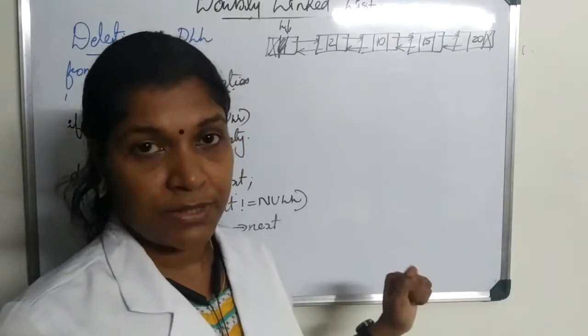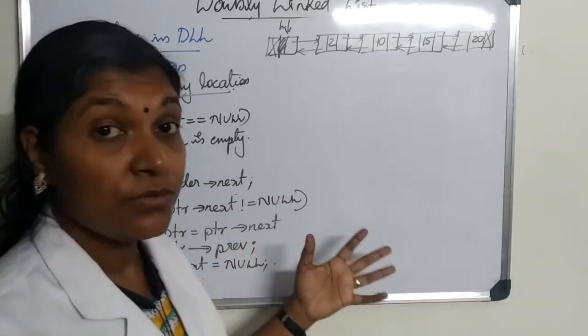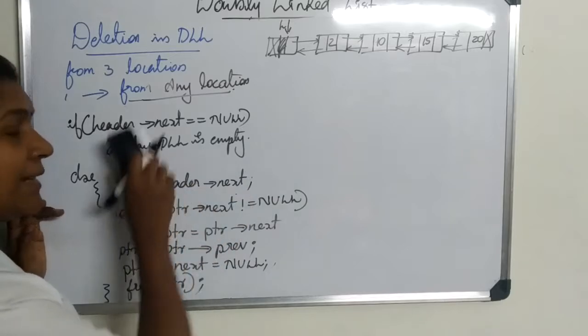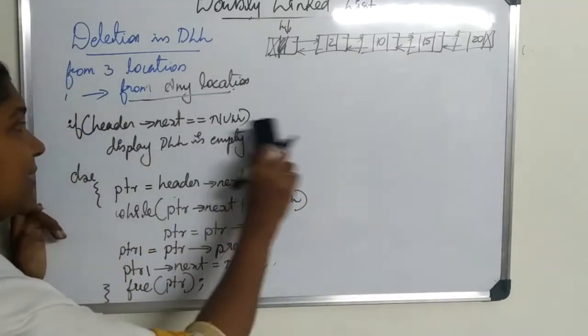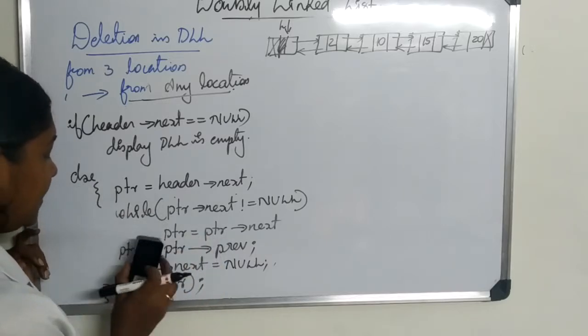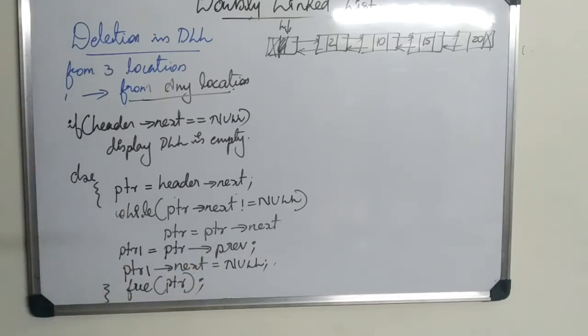Both the cases we need to consider. So for that, we can make use of which algorithm? The search algorithm. So the first part, let it be the same as before: if header dot next is equal to null, you display that the linked list is empty. Then in the else part,